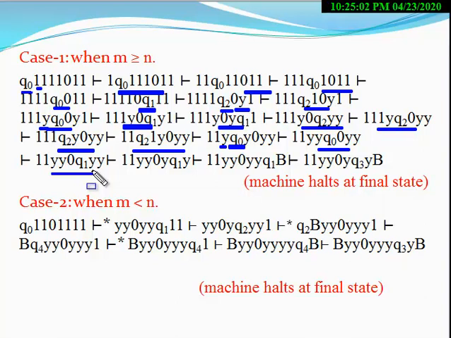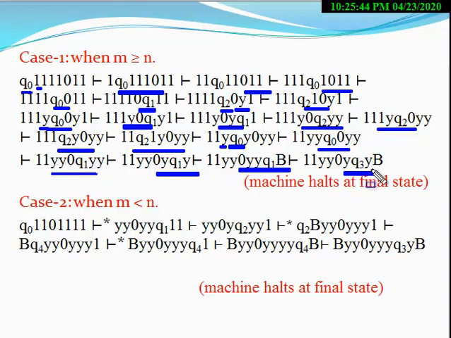Right? So if the Y tape symbol appears, the machine only moves in the right direction. So here the machine moves right, and the state does not change. Here also the machine moves right. As soon as the blank symbol appears at the state Q1, the machine goes to the final state and also moves in the left direction. So here Q3 is taken as the final state, right? Since this is a final state, the machine halts at this state.